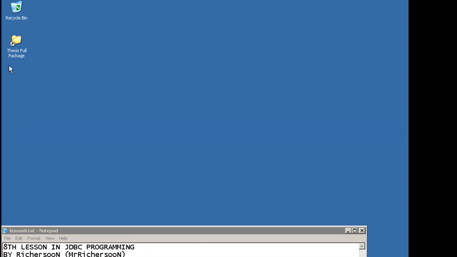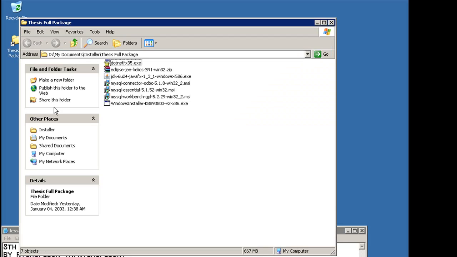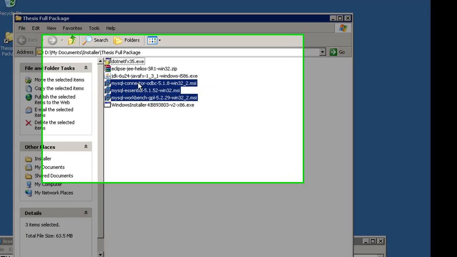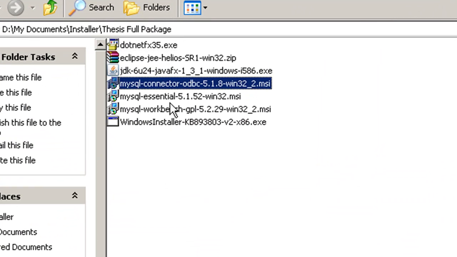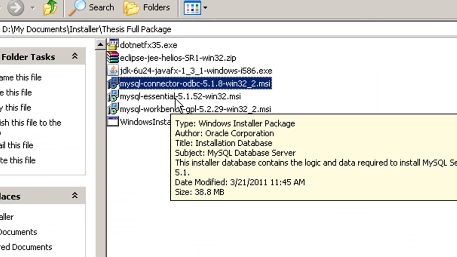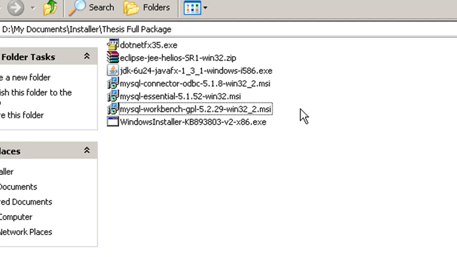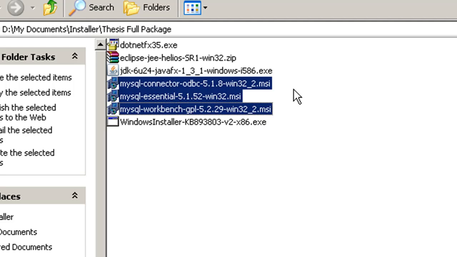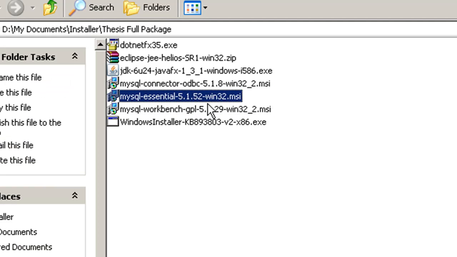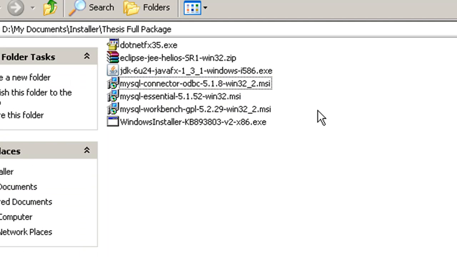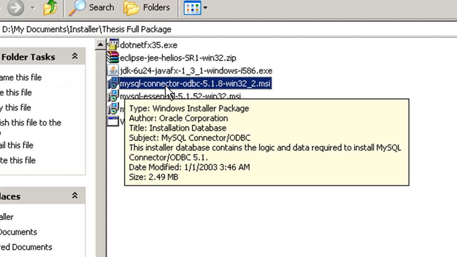So here I have a folder that contains all the software we need. We need these three: MySQL Connector, MySQL Essential, and MySQL Workbench. You should Google these and look for these specific versions of each. First we have MySQL Connector.